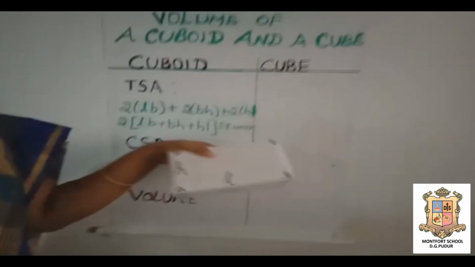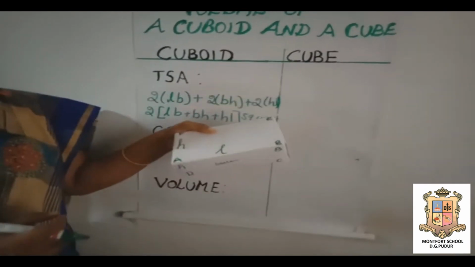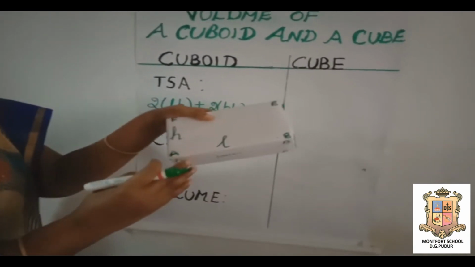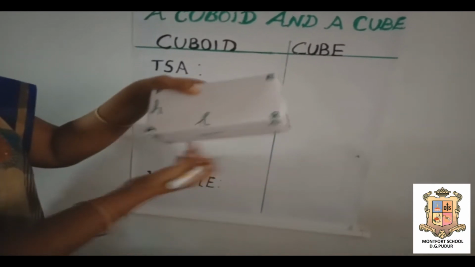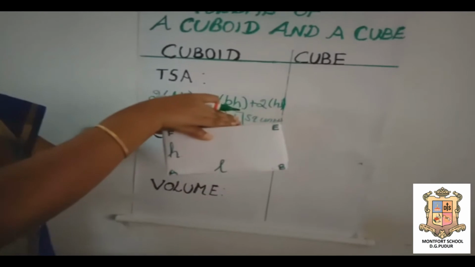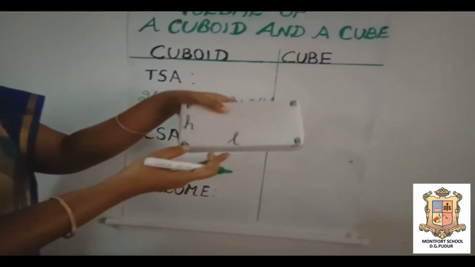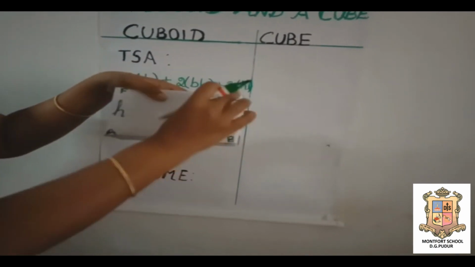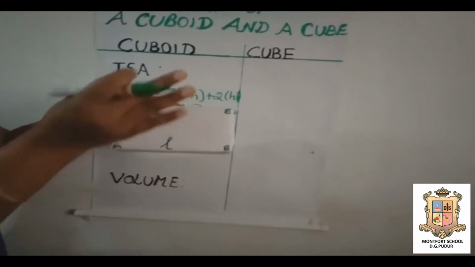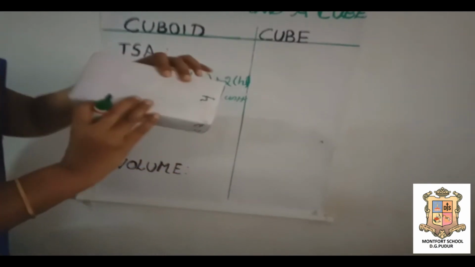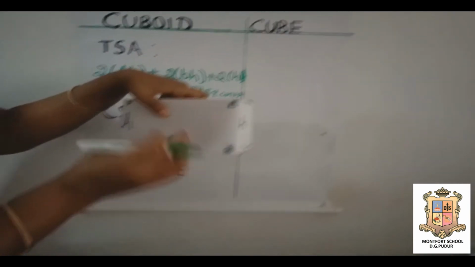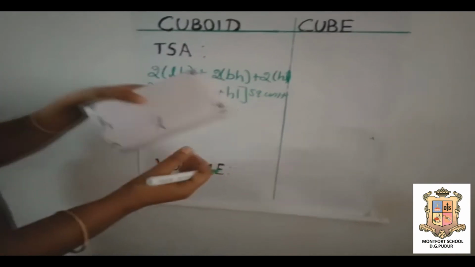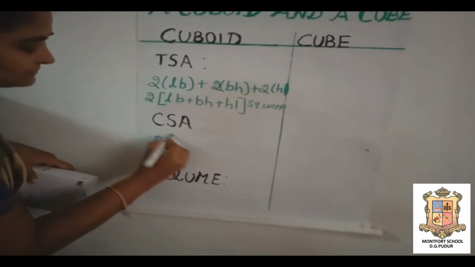Now let us find the curved surface area of a cuboid. If out of the 6 faces of the cuboid, we only find the sum of the areas of 4 faces, leaving the bottom and the top faces, this sum is called the lateral surface area of the cuboid. Now, the area of the face ABEF is L into B. The area of this face is equal to the area of its opposite face, that is also H into L. The sum of the areas of these two faces is equal to twice HL